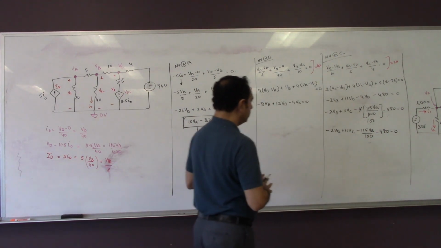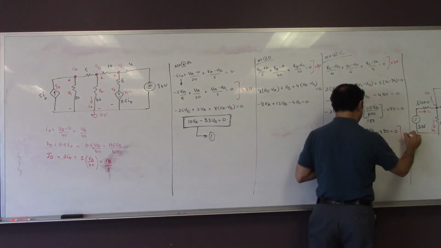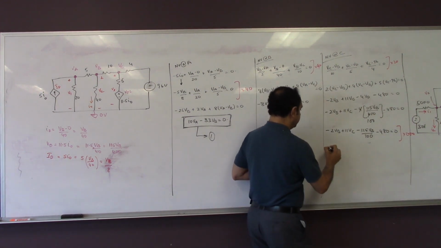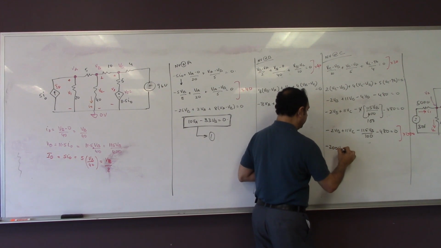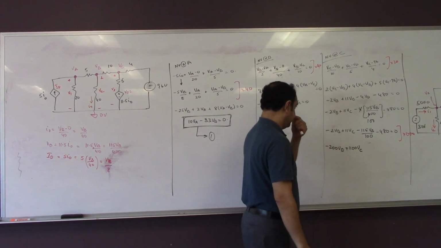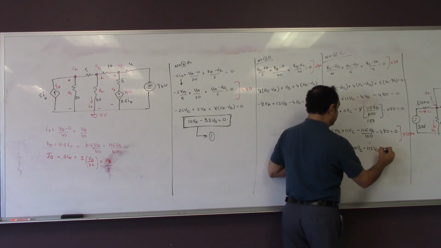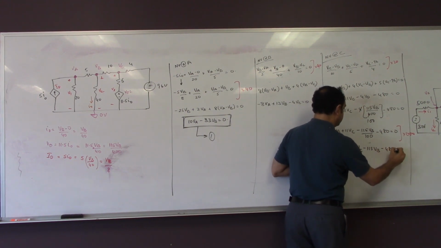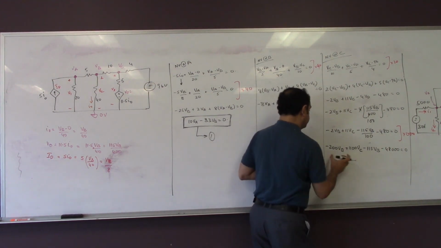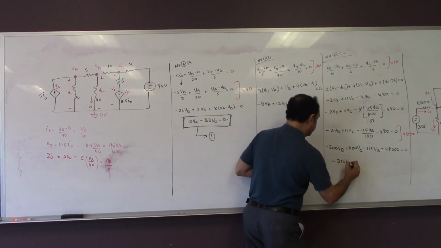I'm just going to multiply this by 100, so I can get rid of everything. That will be equal to minus 200 VB plus 1100 VC, minus 11.5 VG. So VB, we can put that together, and this will be equal to 315 VB plus